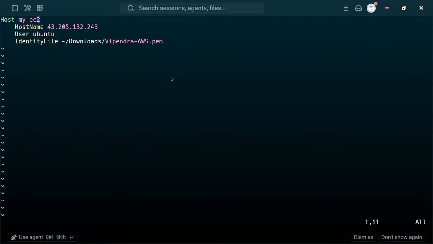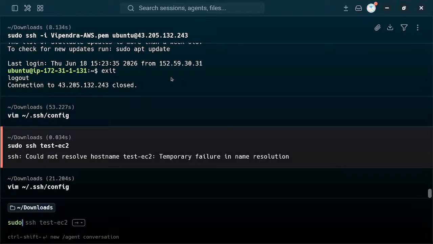Instead of naming this my test, let's name it like this, sudo sh